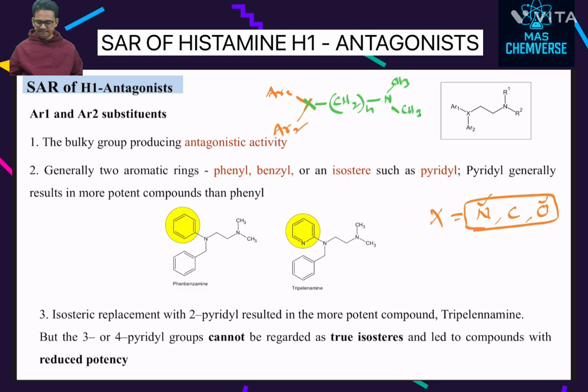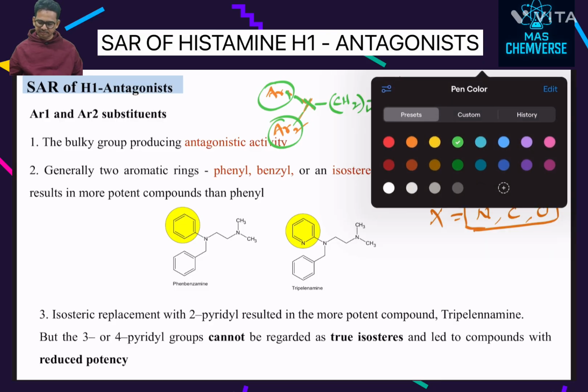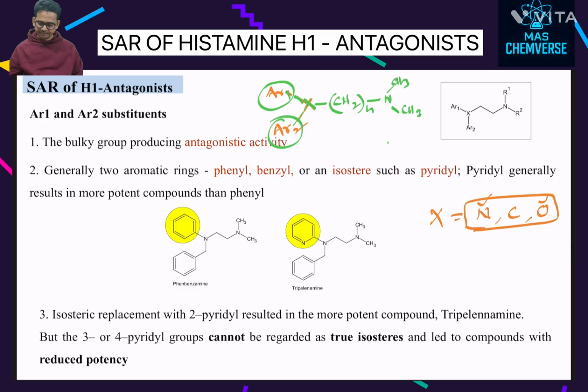Then this is the basic structure: two aryl groups are present, and along with that one X group is there. X is sometimes carbon, or oxygen, or nitrogen. Then it has the dimethylamine group, that is the amine group. In the basic structure, we divide it into three parts. This is one part,